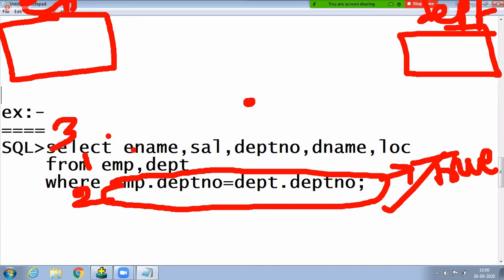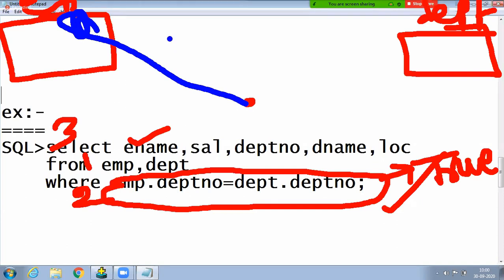After SELECT, whichever order we give the columns in, the same order is executed by the server. Suppose this is a SELECT. Now ename is a column. The Oracle server executes it: ename is retrieved from which table? It will be searching in the EMP and DEPT tables. Ename is a column available in the EMP table. That's why control goes to the EMP table, the ename column is retrieved and stored internally in a buffer.